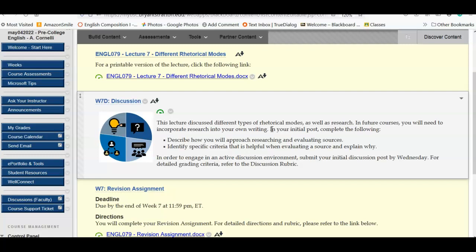But also, in the lecture, look at what other sources you would want to use, what criteria you would use to evaluate a source, and why that criteria is important. The discussion board is similar to what we've already done. We ask that you put your initial post answering this prompt, describing how you approach research and the specific criteria, by Wednesday.